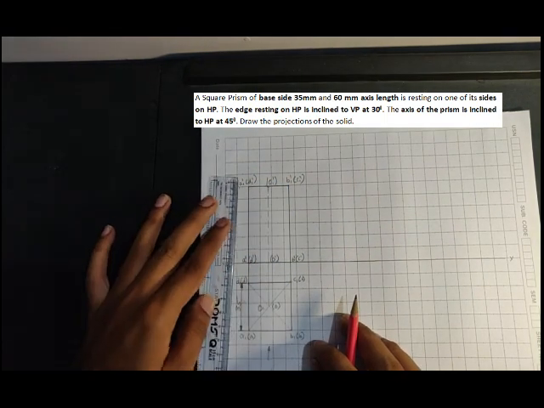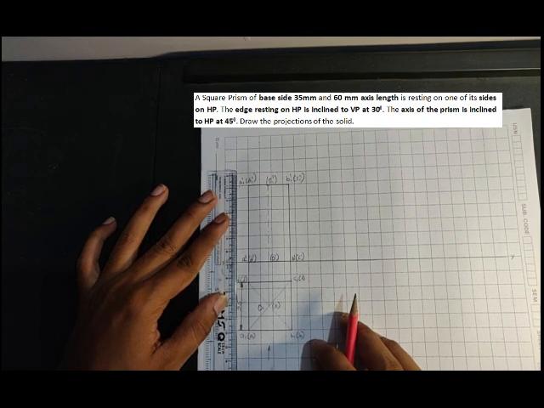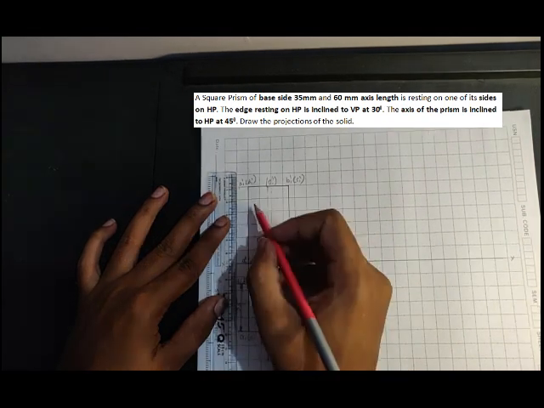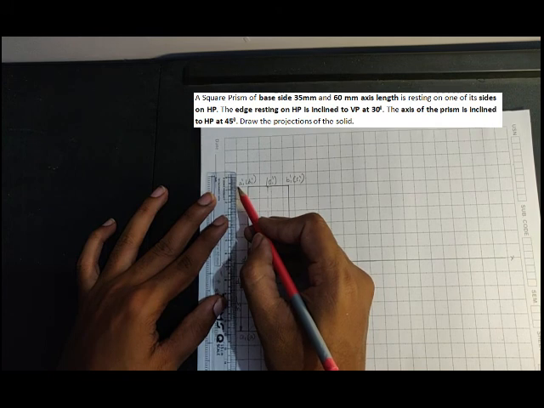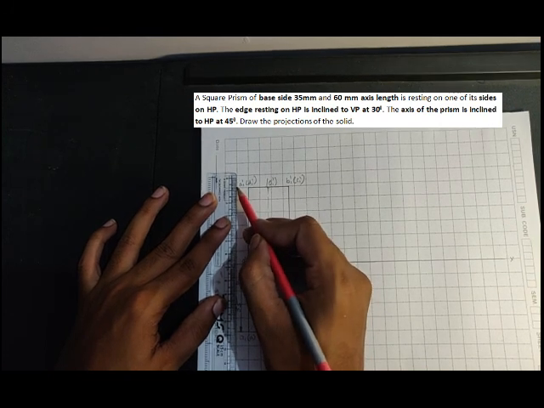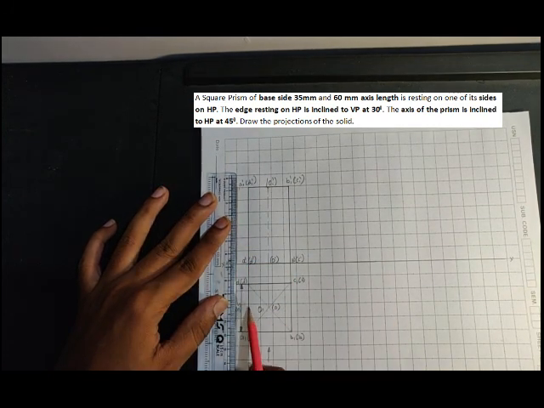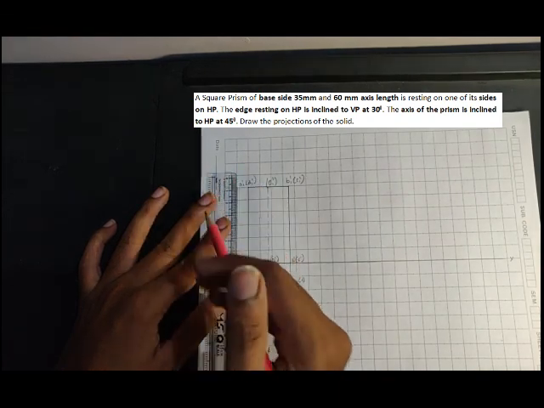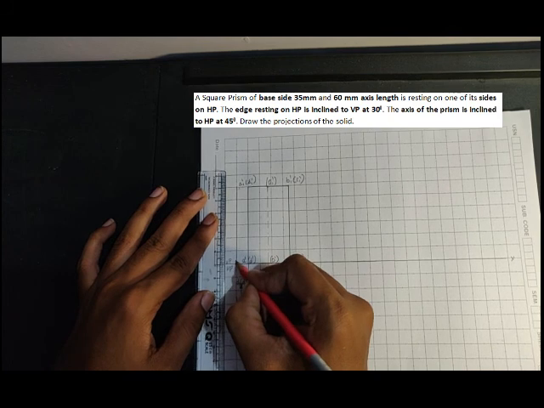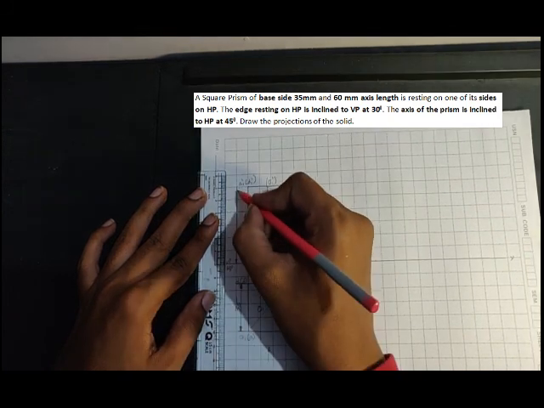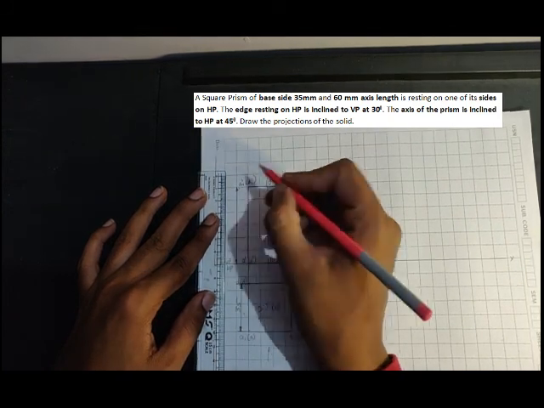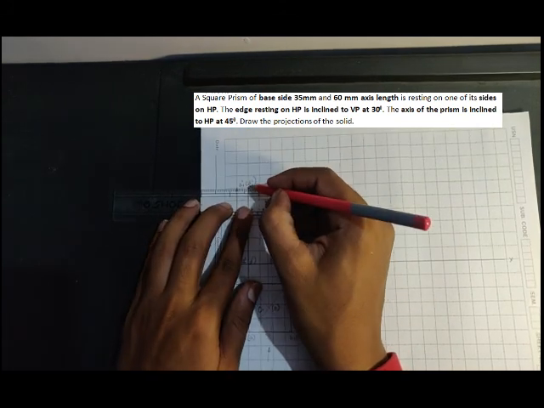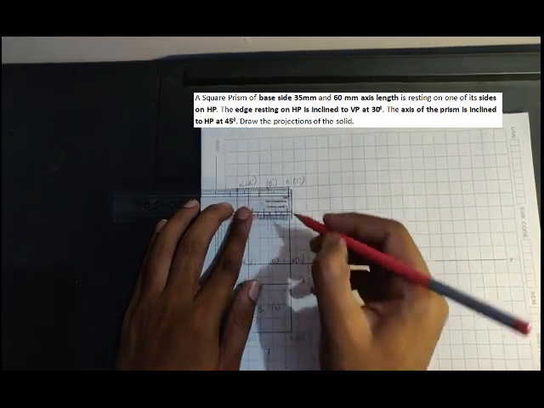So let me dimension this first. So dimension, always follow a simple method of dimensioning here, right? So you can draw this 35 mm here and make sure that it lies on a same line of action, right? It is all about improvement, it is all about drawing neatly, right?